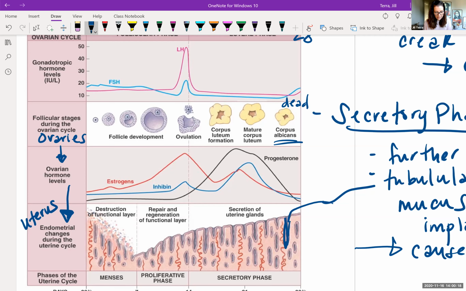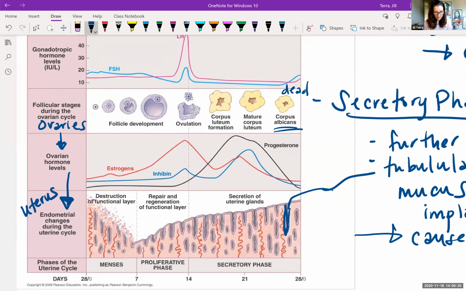Here we see the phases of the uterine cycle: menses, or the period, where the stratum functionalis is being shed, and then proliferative,